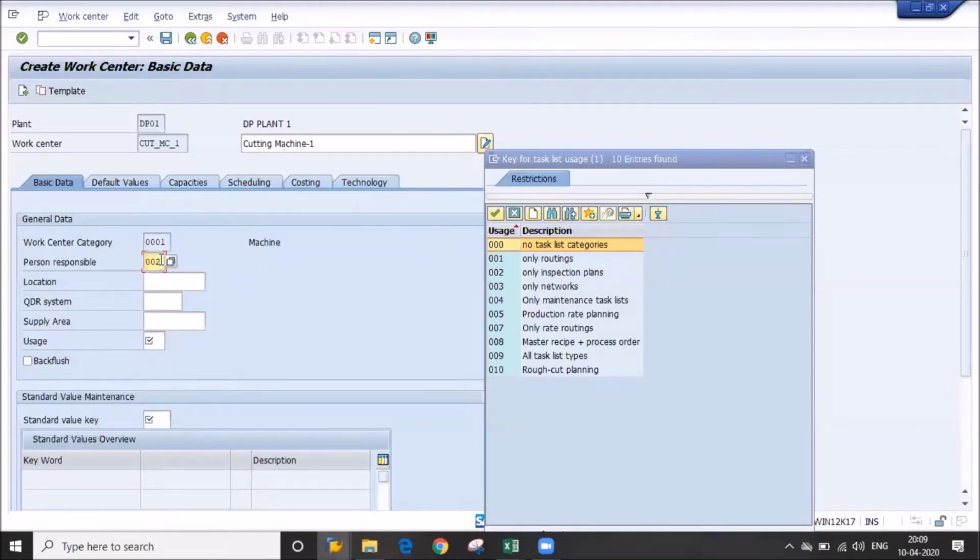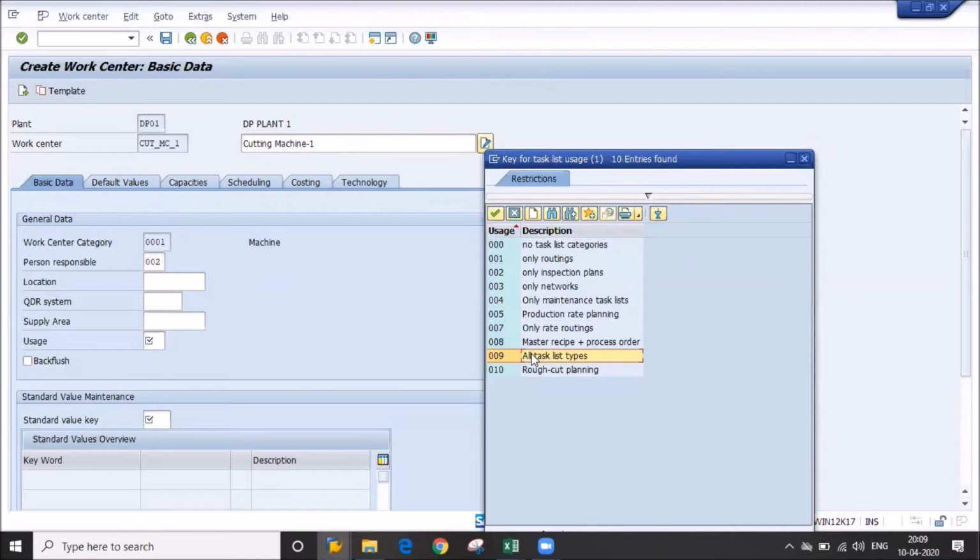We need to configure it. I am giving 002 for Chandan, as one example. Suppose you are 3 persons, for the cutting machine, who is responsible? The person responsible is Avinash, or Dipendu, or Dipanjan.